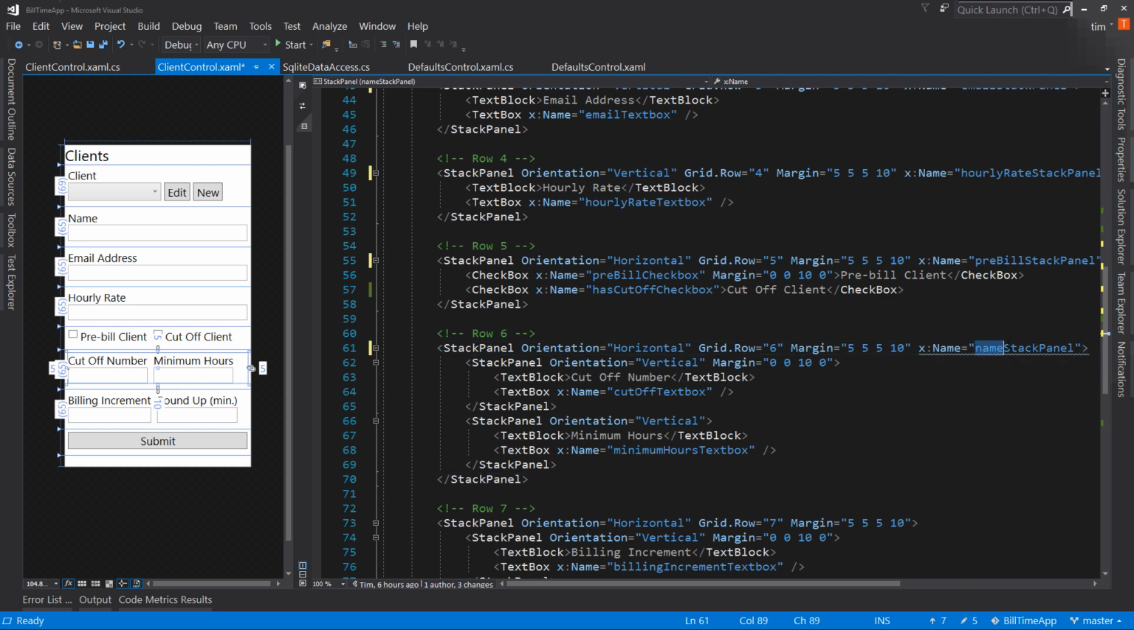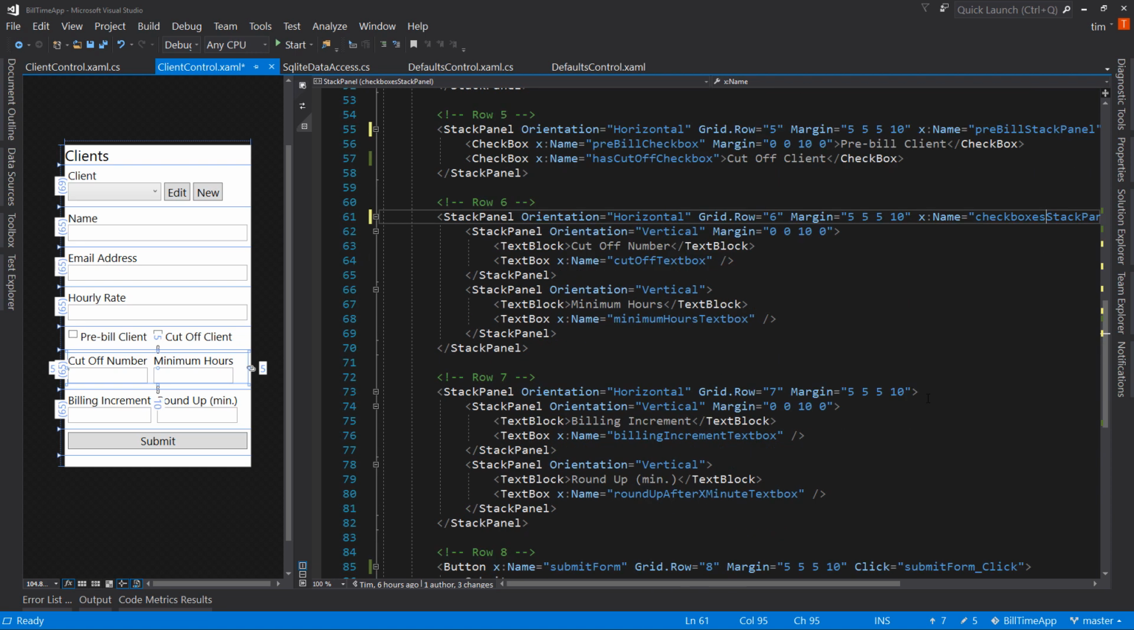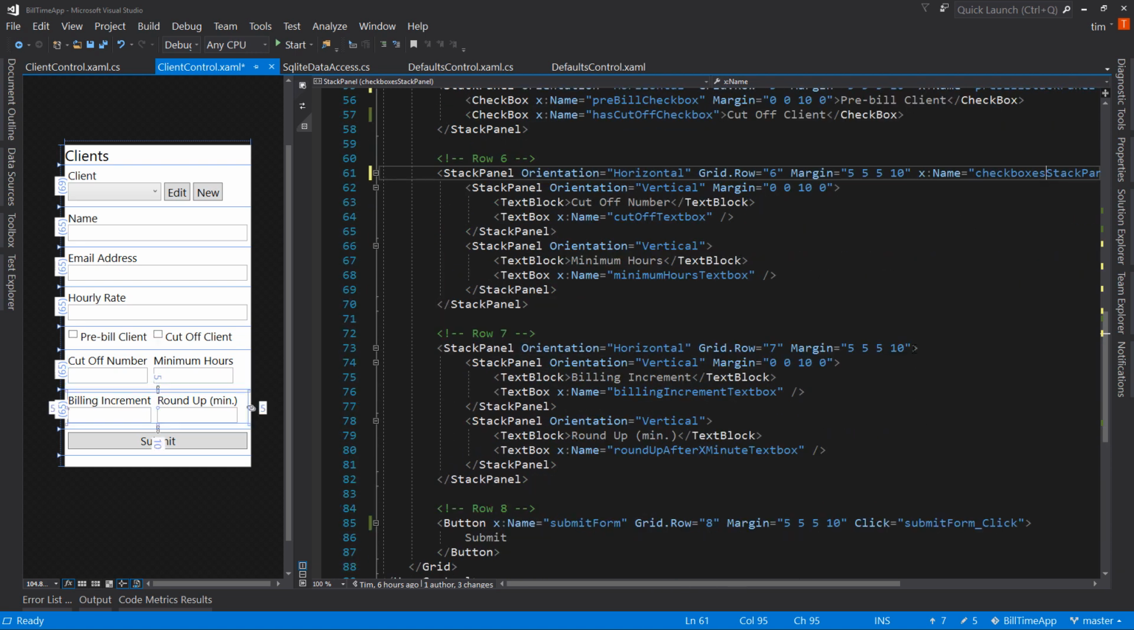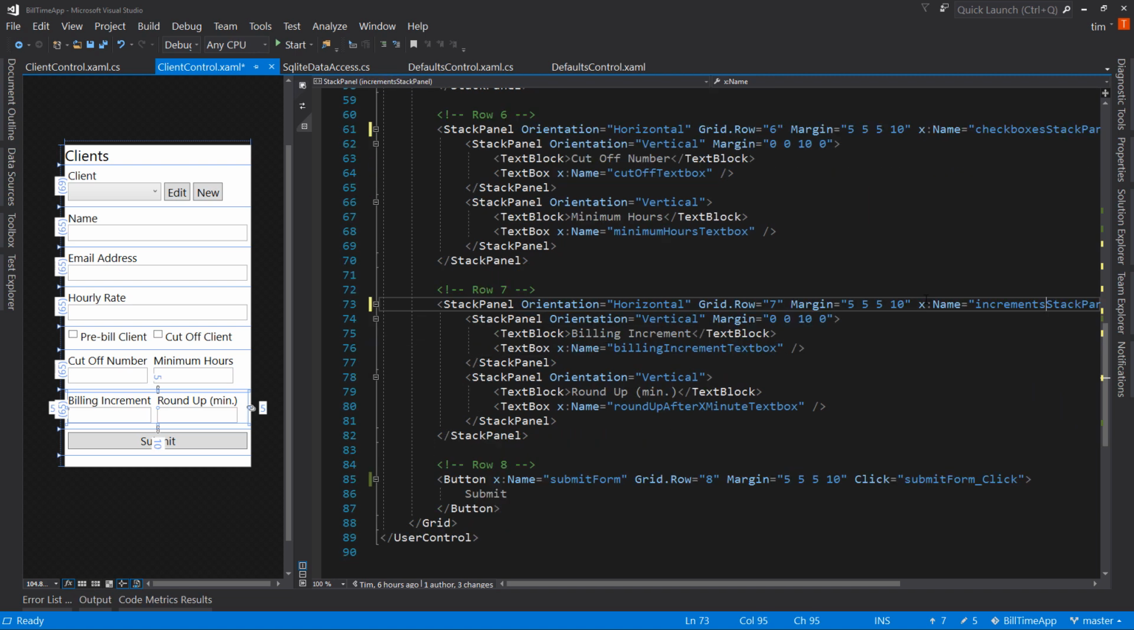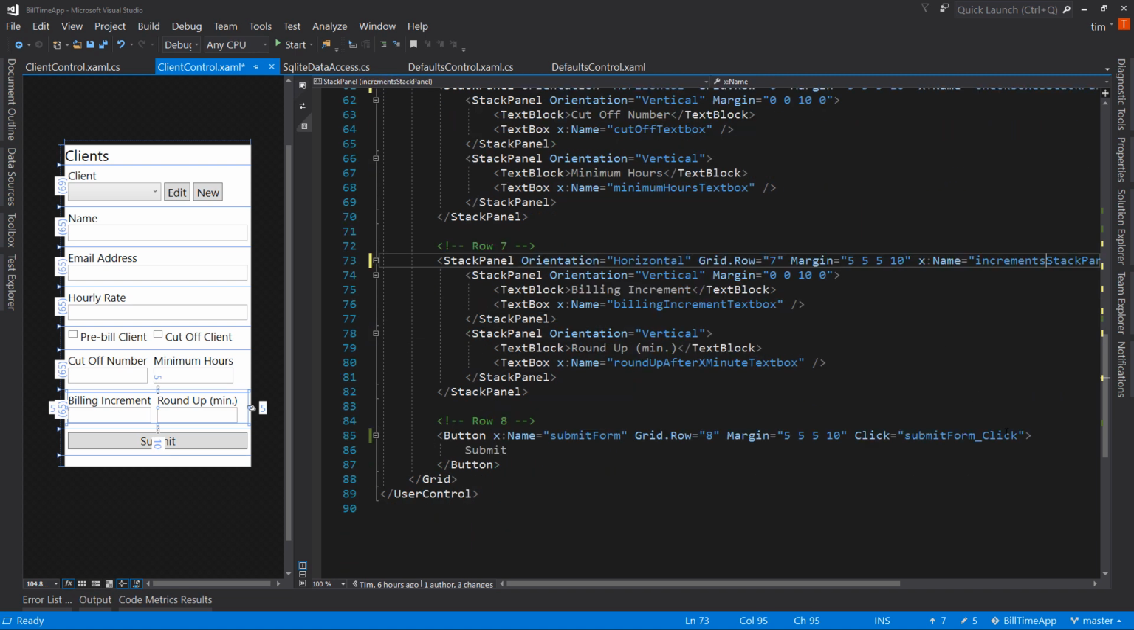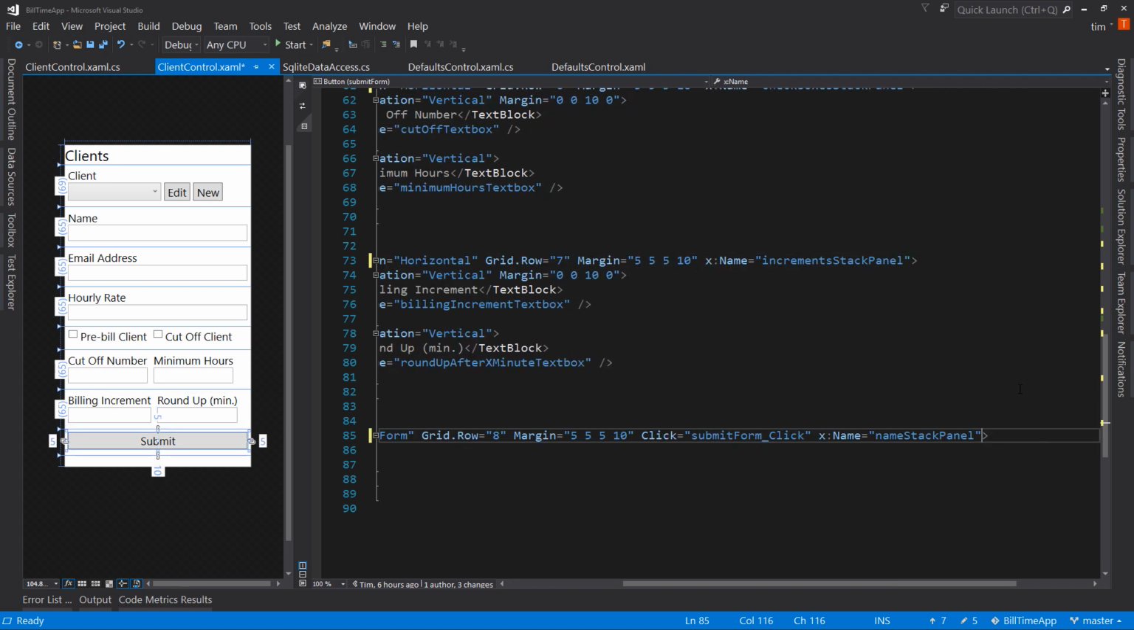This is actually two. We'll call it checkboxes. And this one as well is 2. And this is... how are we going to define this one? Let's just call this increments. And the submit button, we're also going to, oops, we don't need